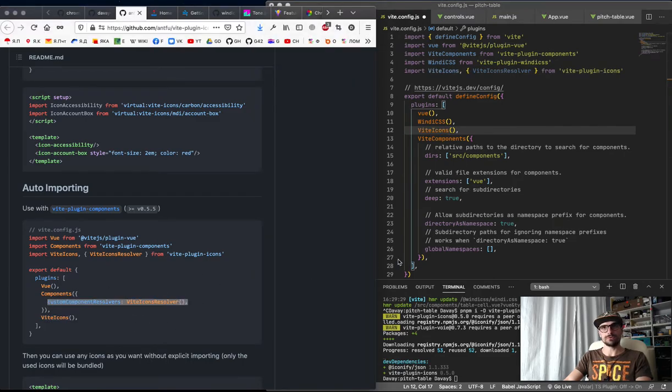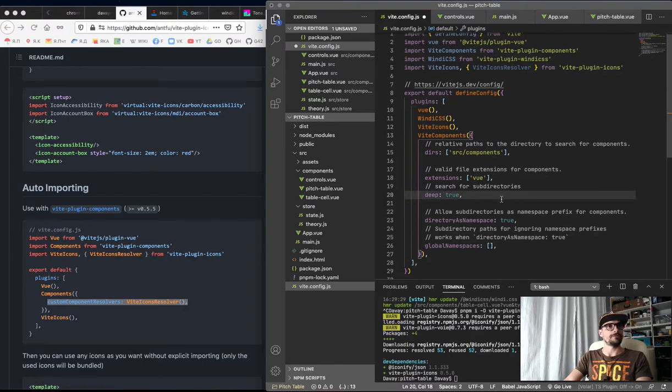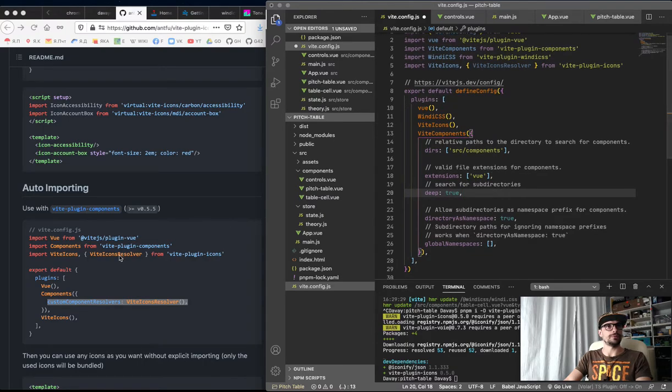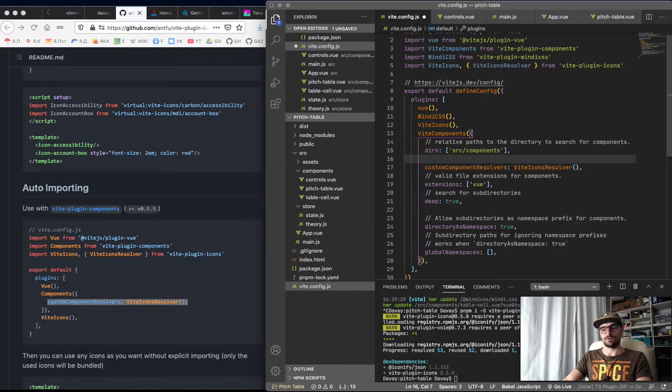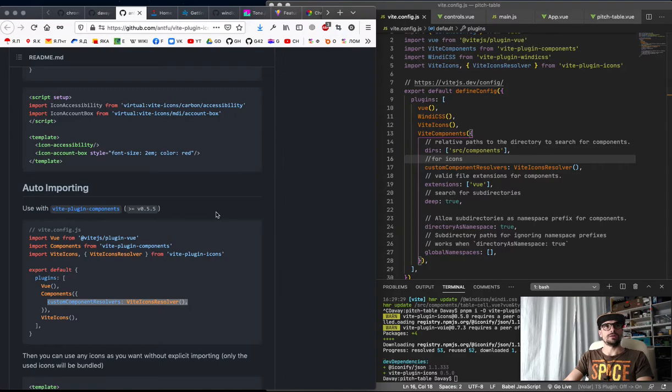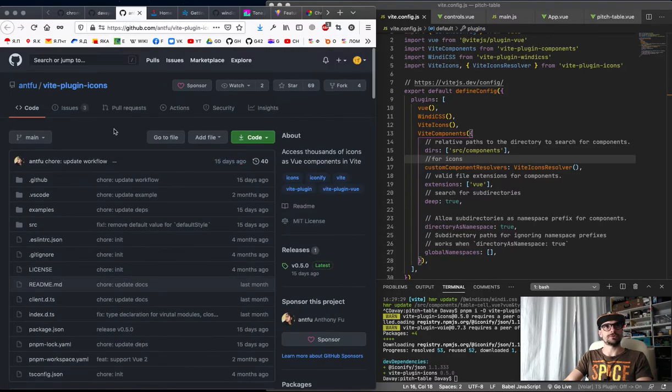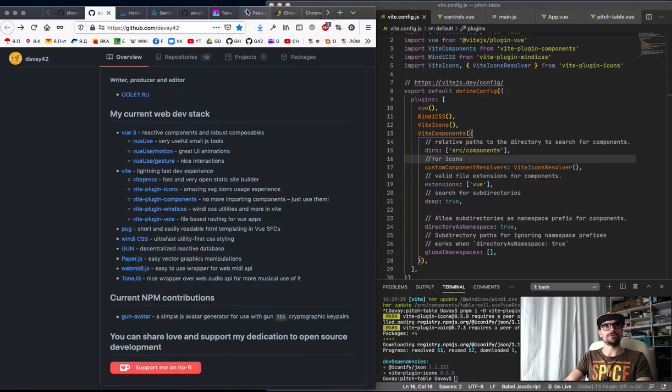And with components we have Vite components. We have custom resolvers only for icons. Yeah, and it's one thing, and the other thing is I'm sure we should have the aliases